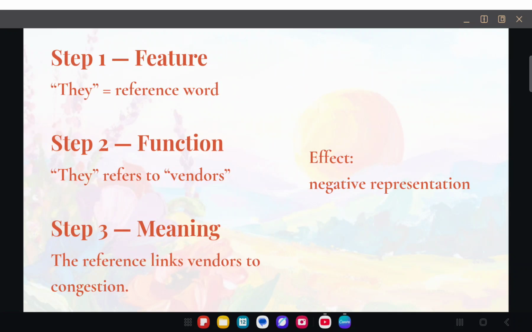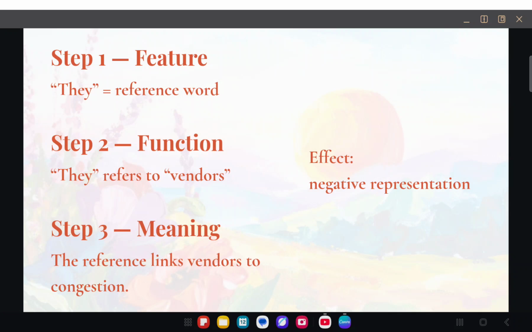Step 1, first, we identify the feature. The word they functions as a reference item because it points to another element in the text, right? Step 2, we explain the function.